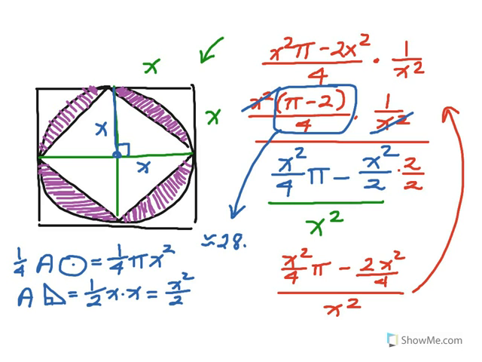28.5%. So I could just round that to be about 29%. And if that's the probability in that one quadrant, that's the probability in the whole thing, because every quadrant is identical. So the probability that I hit a dart inside the purple area in this particular diagram is about